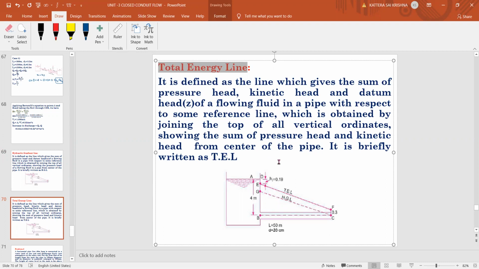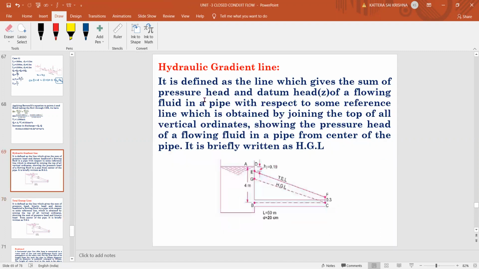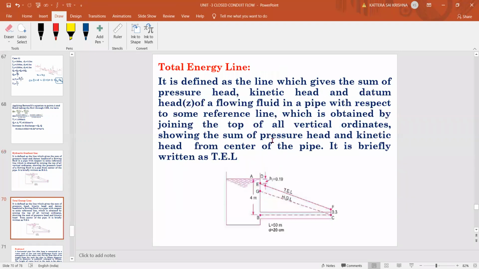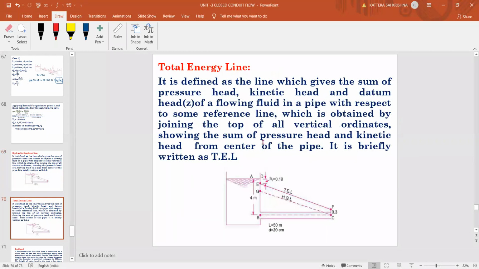So this is an important question for short answers. They have asked many times, what is the hydraulic gradient line? What is the total energy line? So what you need to do is draw this diagram shortly. How to draw this HGL and TEL, we'll see by solving a problem also. Many times they've asked only the theory part of the hydraulic gradient line and total energy line. But for understanding how we are getting these lines, we are going to solve one problem after this.